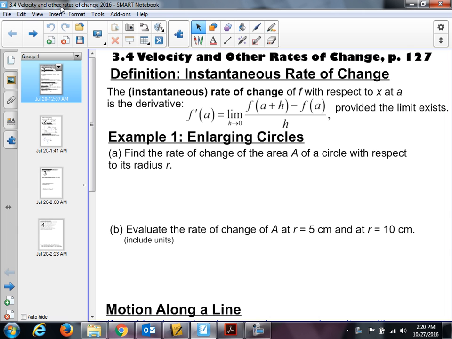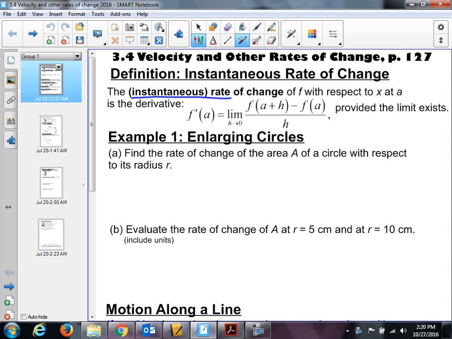3.4, velocity and other rates of change. Now there's a couple things. Do you guys remember before, this is instantaneous rate of change, but what's the average rate of change? What's the word you'd use in grade 10 for average rate of change? It's a slope, basically, right? Take 2 points, change in y over change in x. That's average rate of change. Instantaneous, then,